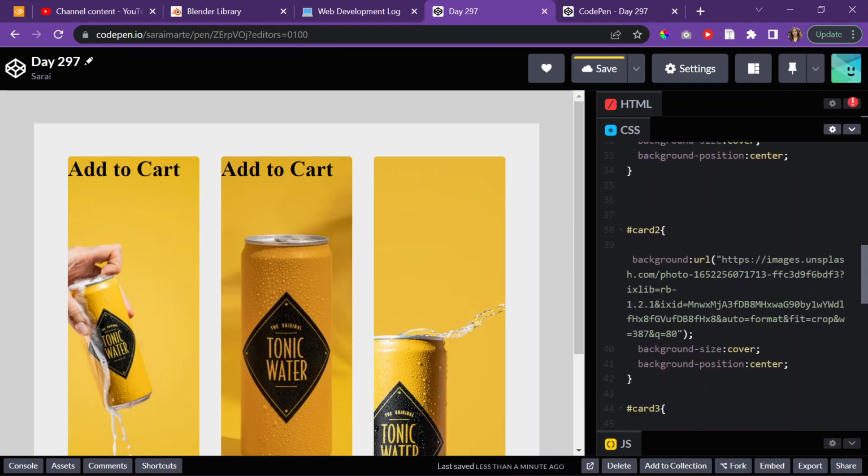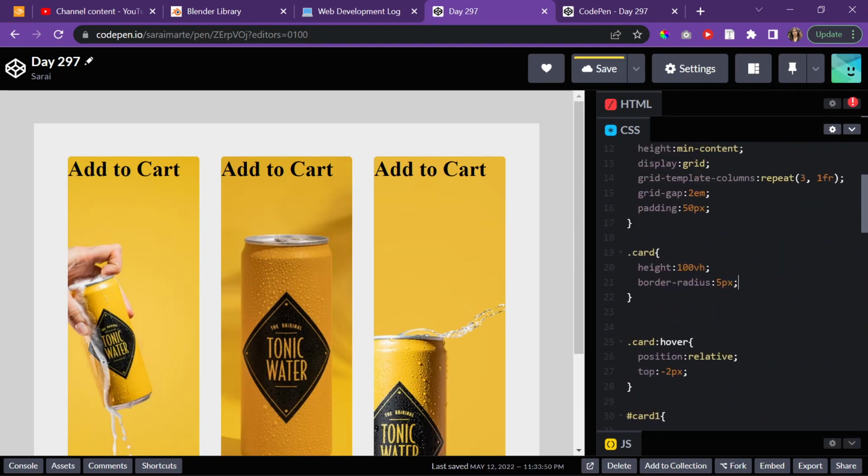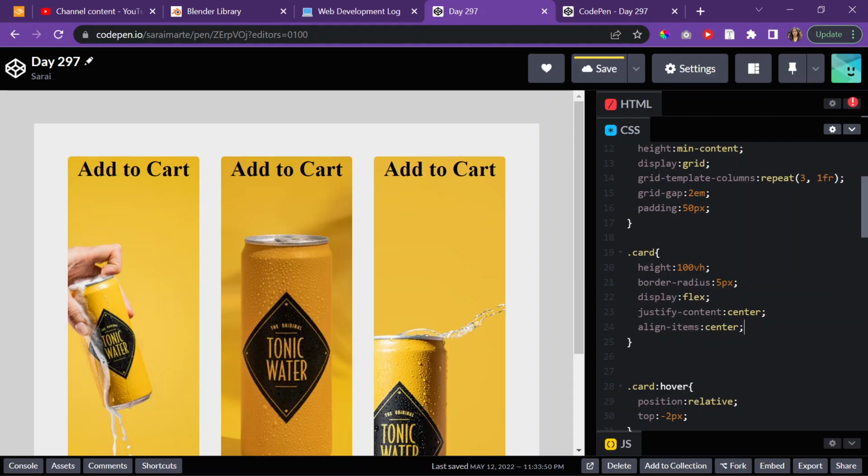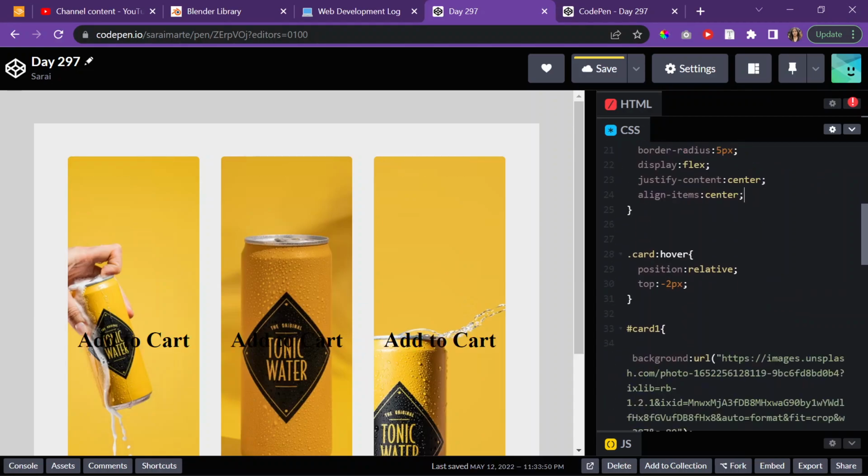And then in order to center the heading 1 in the card, I'll go over here and give the card the display of flex. We'll do justify content center, align items center,